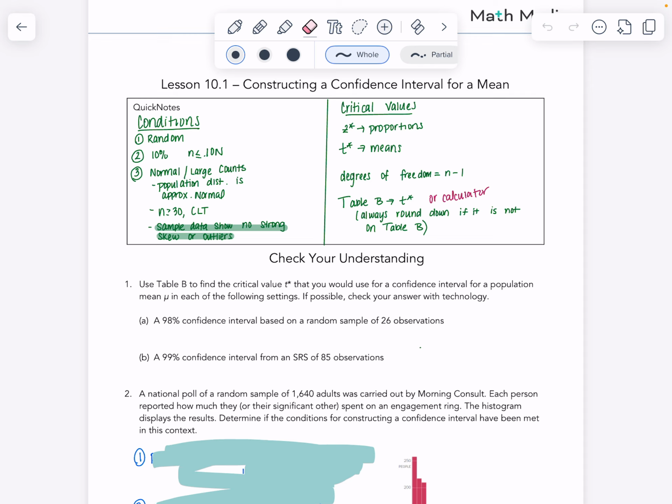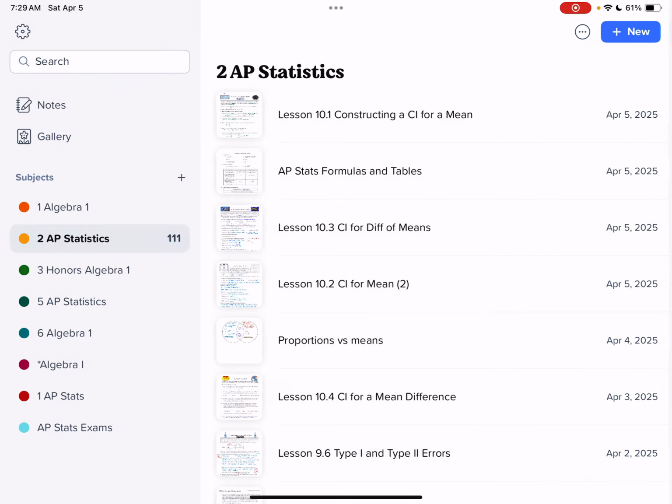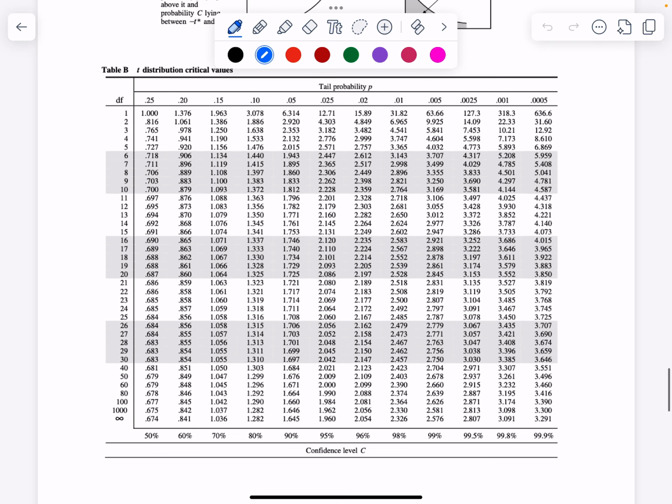So let's actually look at the first problem, which is a 98% confidence interval based on a random sample of 26 observations. The degrees of freedom is going to be 25 because you subtract 1 from the sample size. If you look at Table B, they have the confidence levels listed down below. I typically use the calculator to find the t-star value, but this makes it pretty easy to find your degrees of freedom. You don't have to calculate the tail probability. You just look at the bottom, and then you find your degrees of freedom,